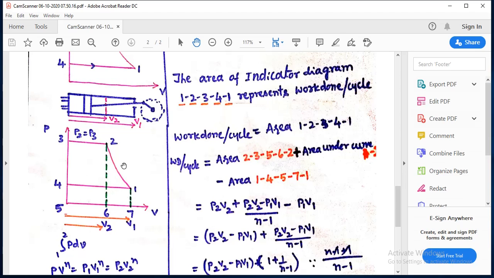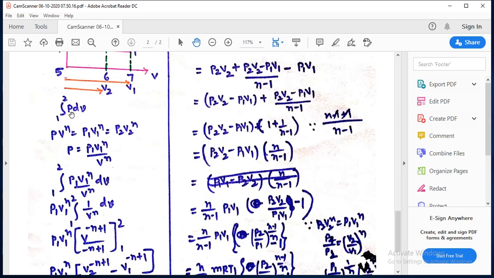This can be calculated by considering the compression process, that is, the polytropic process. The work done inside the cylinder is considered as the integration of PdV. You might have already studied it in the third semester basic thermodynamics, in the chapter on work and heat. The cylinder piston work is considered as PdV work. Since the compression takes place polytropically, PV to the power of n is equal to constant, which can be written as P1 V1 to the power of n, also equal to P2 V2 to the power of n.